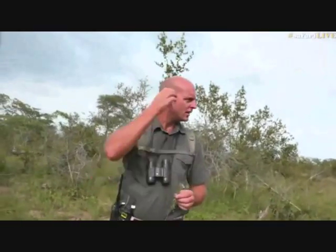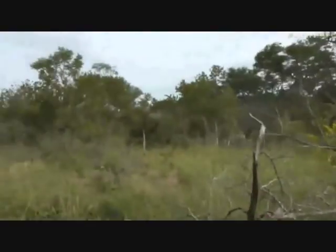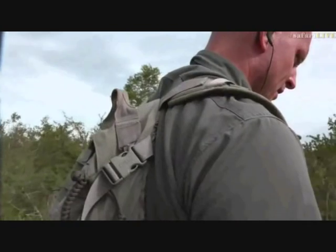Alrighty, this is exactly where this squirrel was alarm calling from, or two. And so now what happens is you've got to put your head on a bit of a swivel, and you've literally just got to look for that ear flick, or a tail flick, or a growl, or a sudden movement to sort of betray